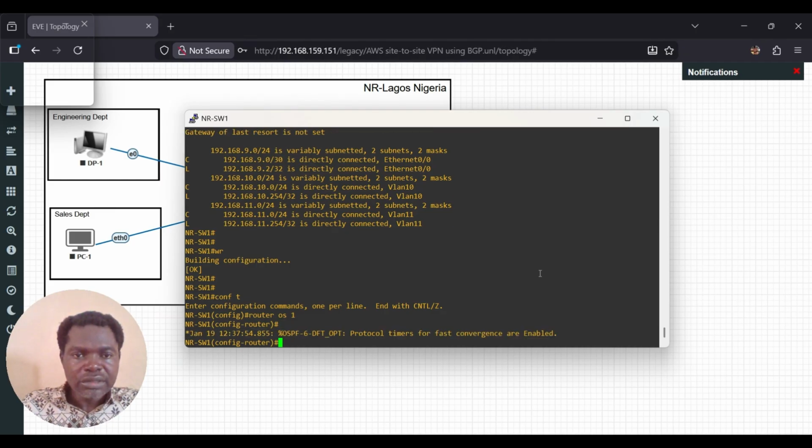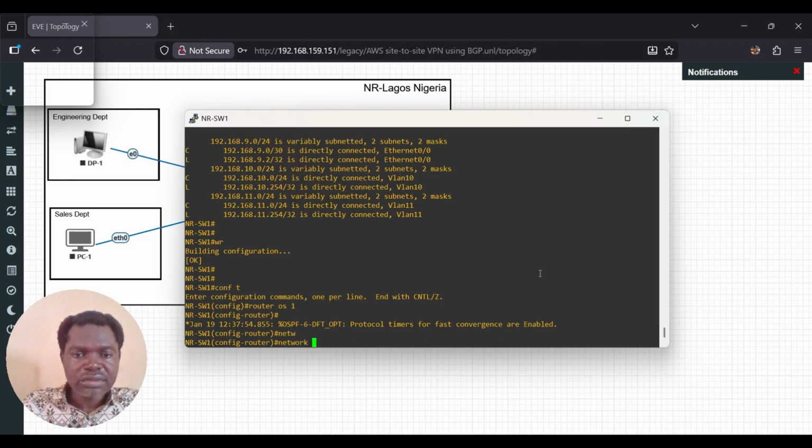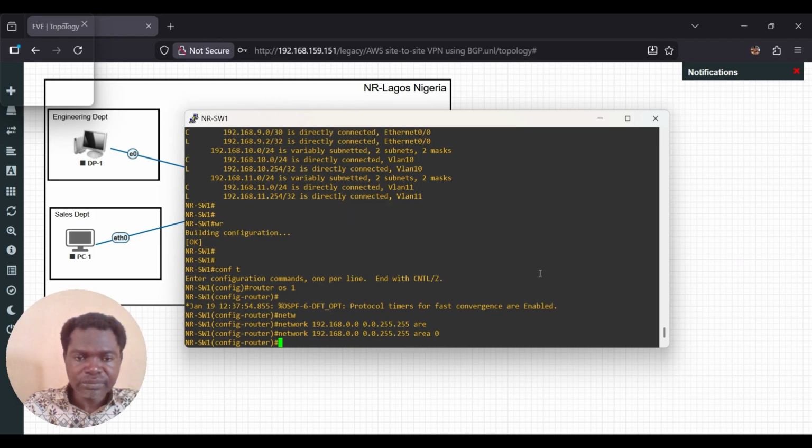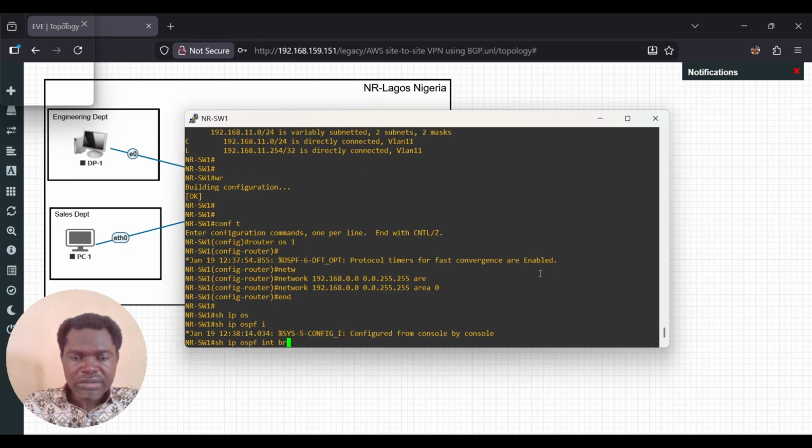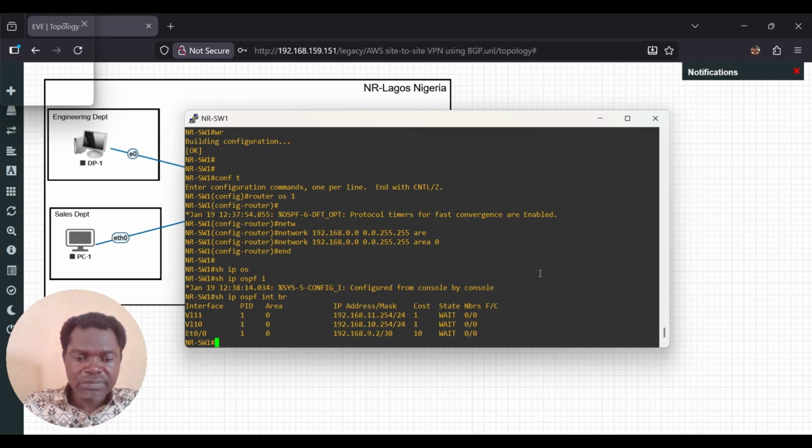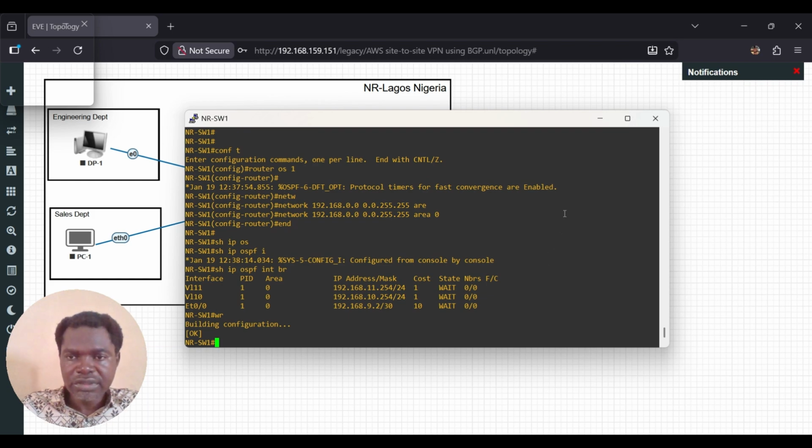So router OSPF, network 192.168.9.0 with its wildcard mask, area 0. I'm just putting everything in area 0. Okay, so all of them, then I'll save again.